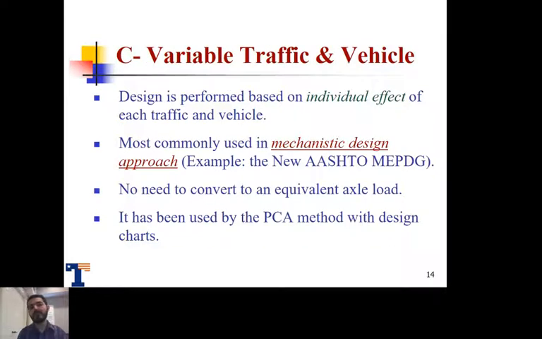The third method is variable traffic and variable vehicles. Here the design is performed on the individual effects of each and every traffic and vehicle that we face in the field. So it's most commonly used in the mechanistic design approach, for example, the new AASHTO Mechanistic Empirical Pavement Design Guide. Instead of trying to come up with an equivalent single axle load that can convert everything to one number, now we look into a mix